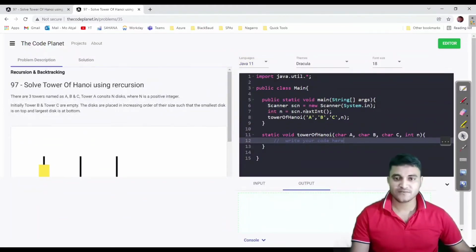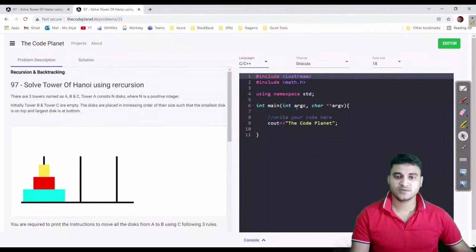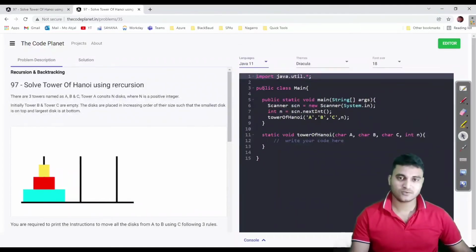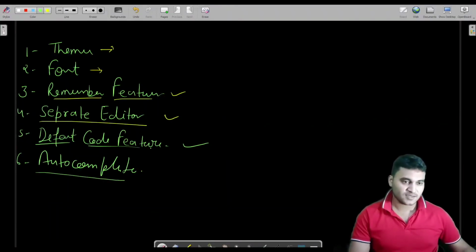For now, this feature is just for the Java language. I will be adding C++, Python and other languages also, but for now it is just for Java. If you see, for C++ we do not have any method for that, so I would be adding that in future. For that, in the database table I have created another column, and in that column I am storing my value. This is really simple. And the last feature is autocomplete.